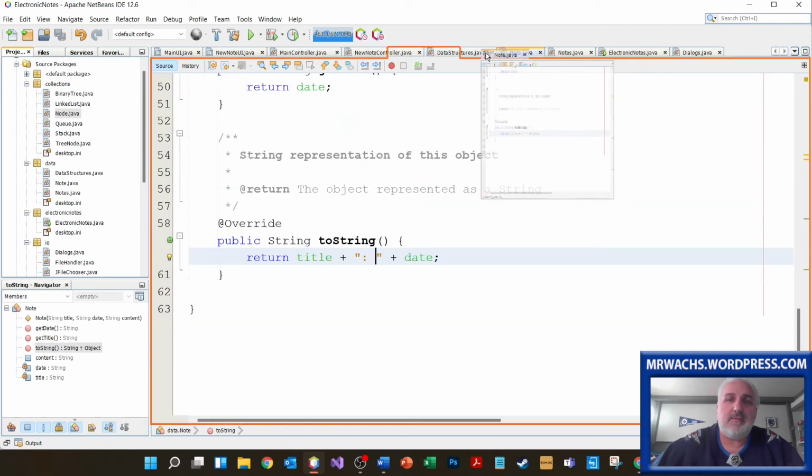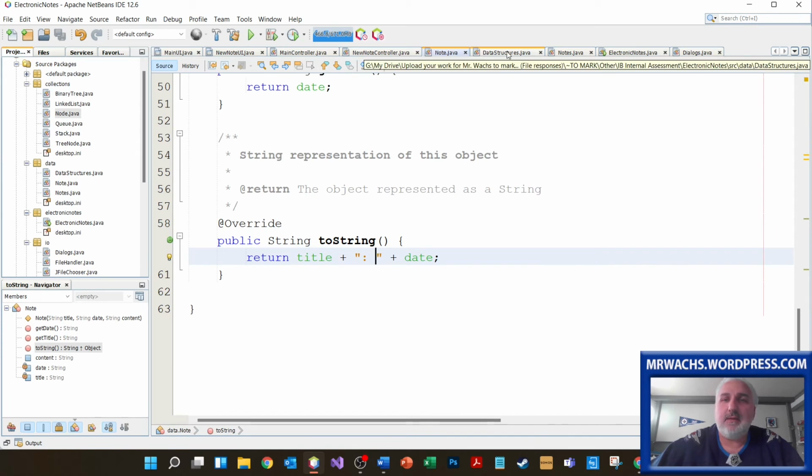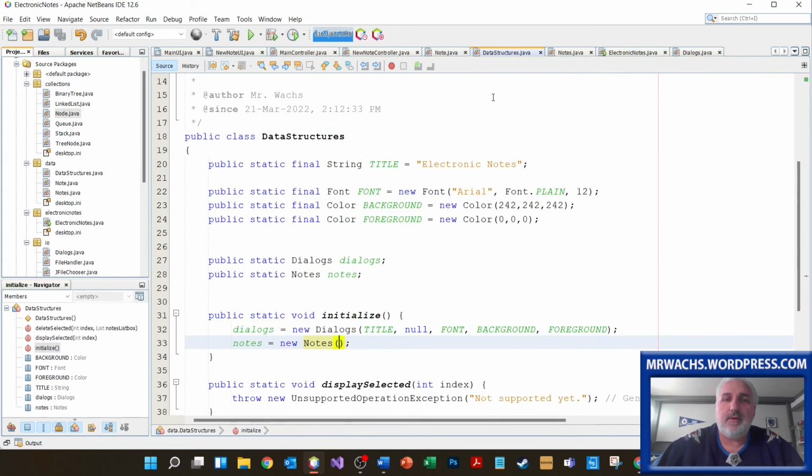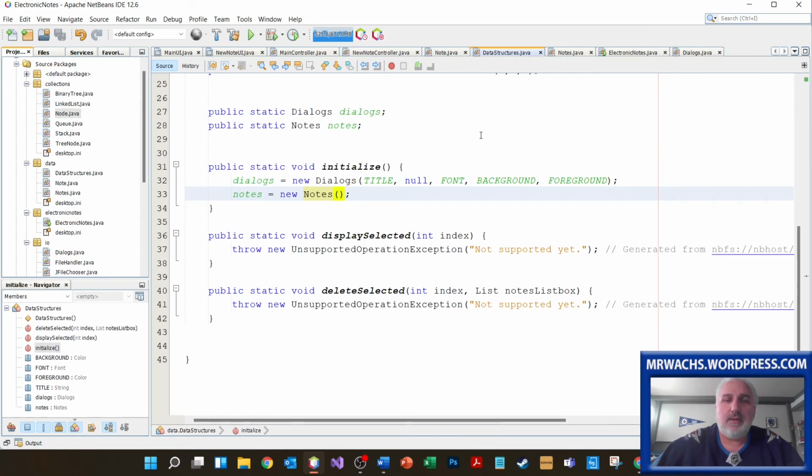Note doesn't. We had already established that that one's done. Data structures needs a little work. We never did finish that one. So,